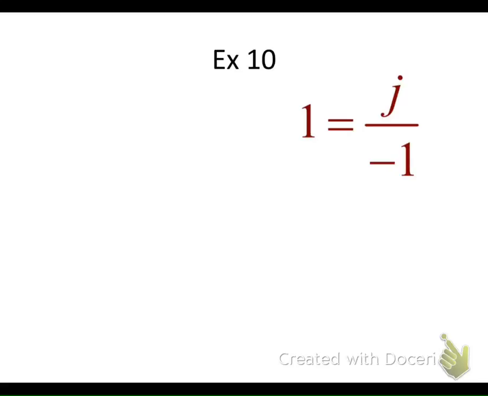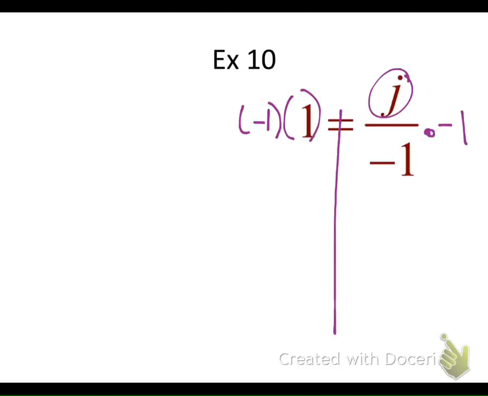Circle the variable. Then put your line of equality. Okay, and then you want times about -1. Good. And then you cross that out. I mean, you do it to the other side too. So I'm going to put parentheses around both my numbers there to show that I'm multiplying. And you're right, I'm going to cross that out. Okay, continue. And then you do -1 times